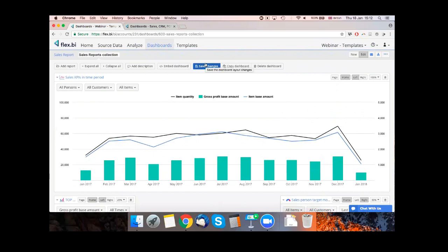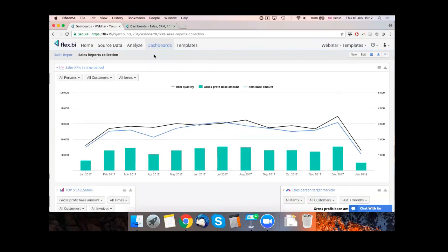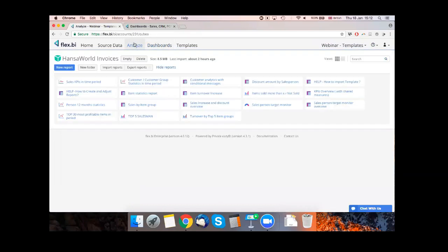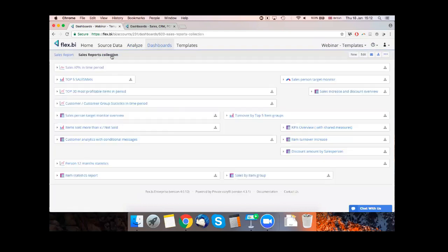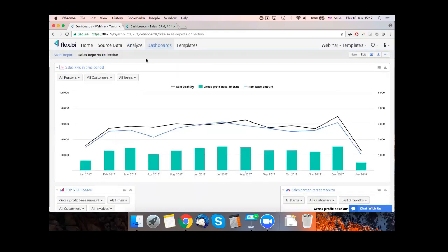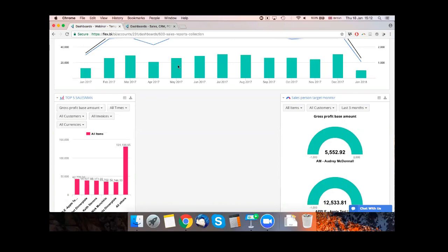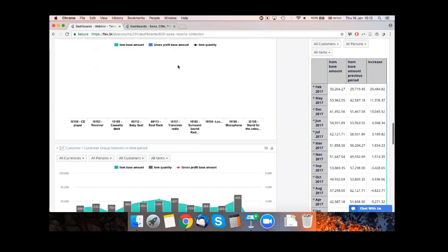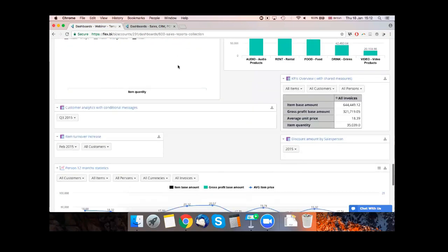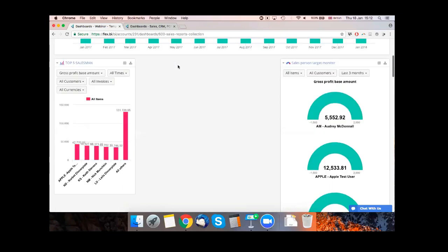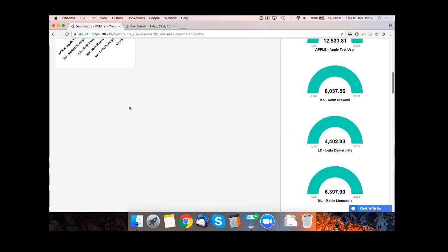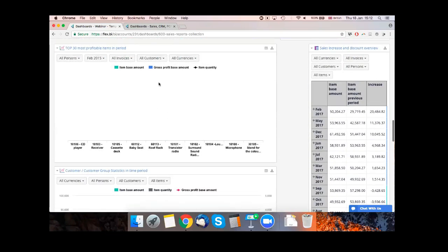So let's save the changes. And as you see now, if I would, for instance, go back to Analyze section, have a look at my reports or work on them, and then later on, if I would go to Dashboards and open the Sales Report collection, I have all the reports in the way I left them before. So we have here some gaps that I would like to fill up, and as well,